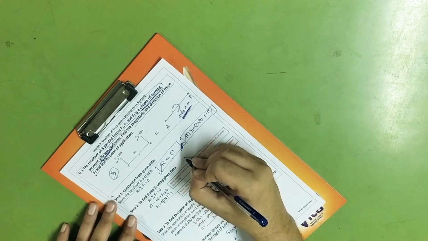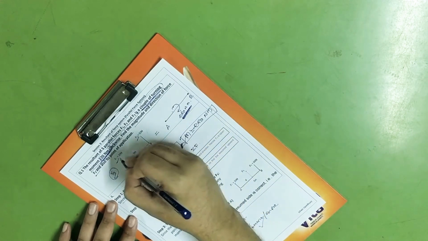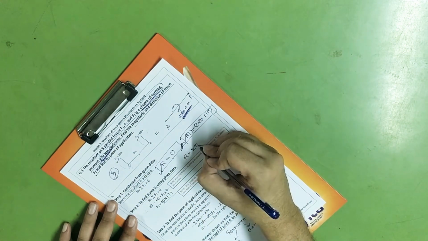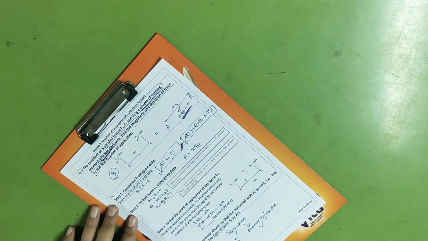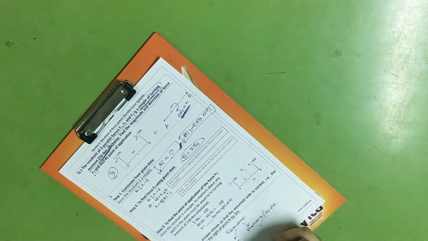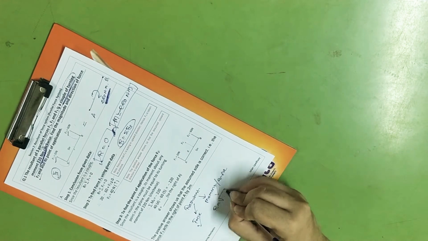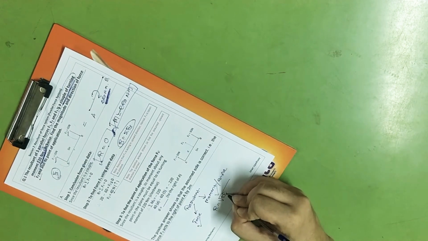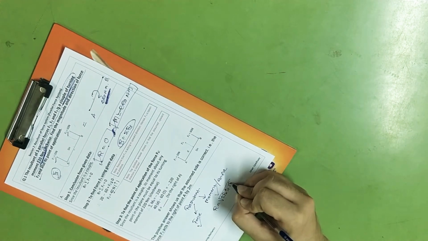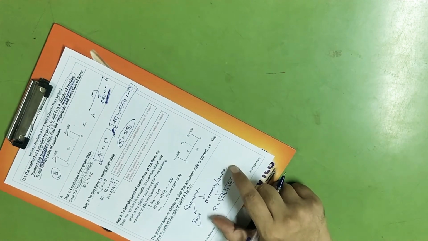What is the formula for resultant? The resultant is equal to summation of F. Now since all the forces are vertical, I'll say summation of Fy. Now how am I getting this formula? Again, this is very important. The general formula for resultant R is equal to under root of summation of Fx square plus summation of Fy square. This is our basic formula, our general formula.